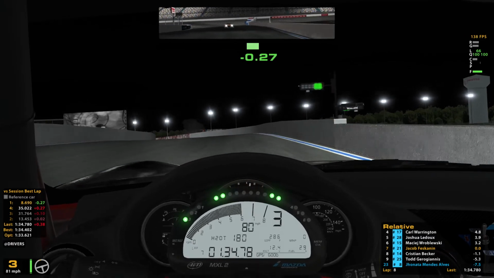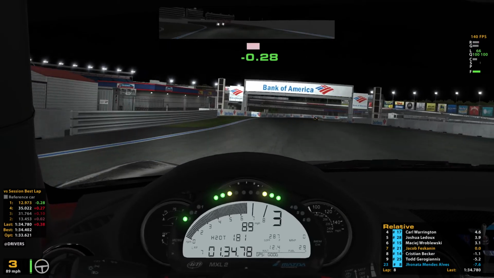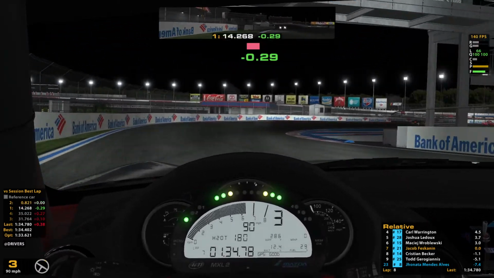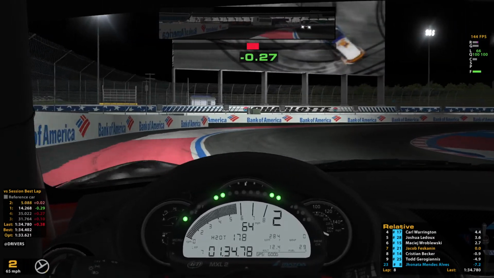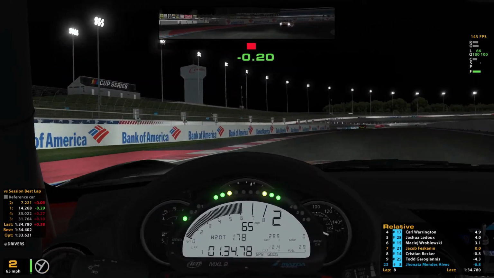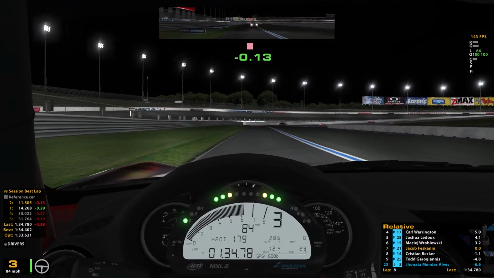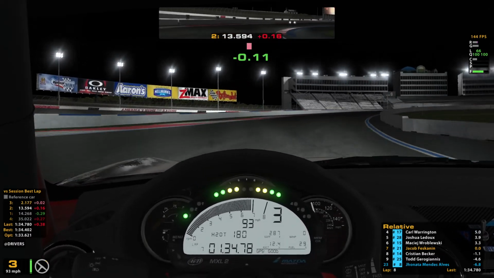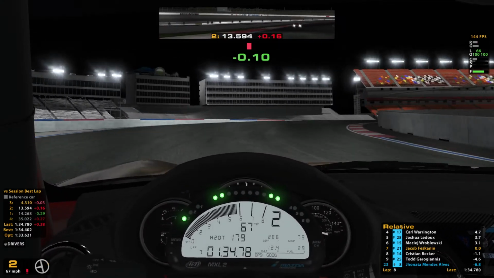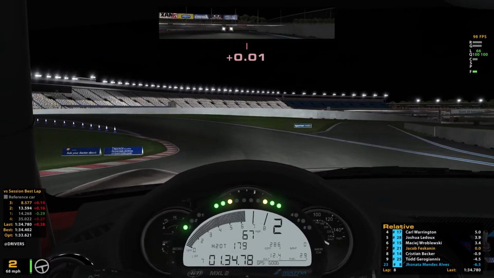Try to get through this infield section a little better if I can. So again, I know that's where the 14's closing in, so if I can get a little better through it, it may allow us to pull away from him a little bit. Looks like we maintained it a little better. You can see our tracker in relation to the best lap is also doing better, so hopefully that'll allow us to build a little more of a safety margin and be able to focus on the